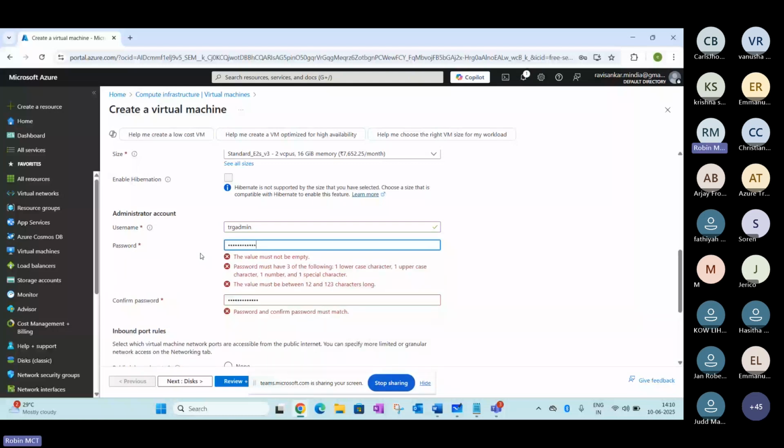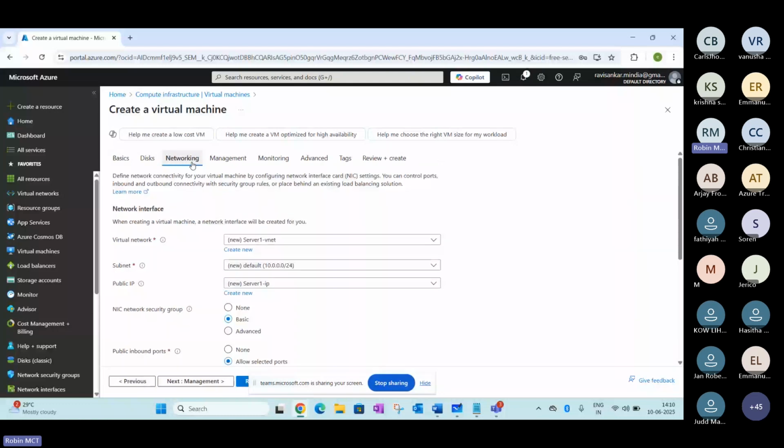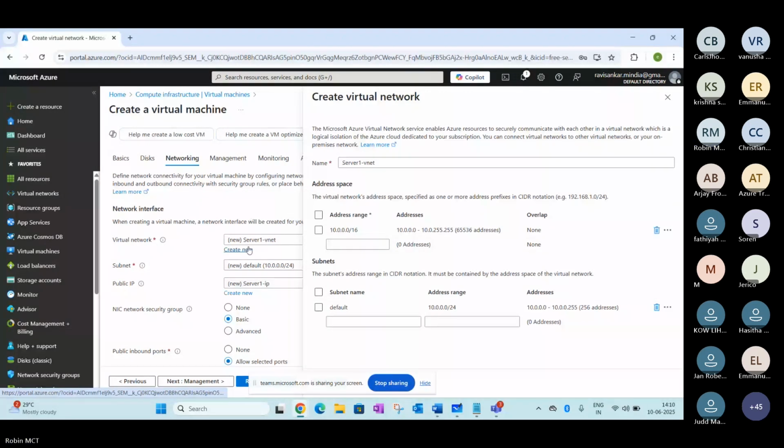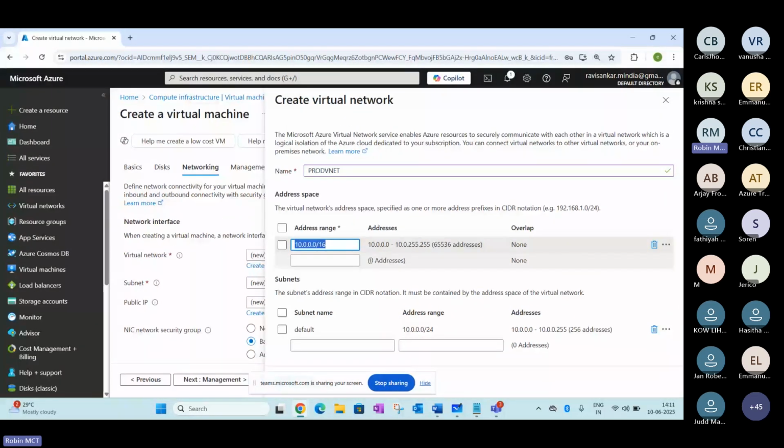Now, this is the place where you can see how the subnet comes into the picture. Previously, when we had a discussion about a VNet, you may have noticed we give a unique name and set an IP range here. By giving this value, you are getting a range of 65,000.